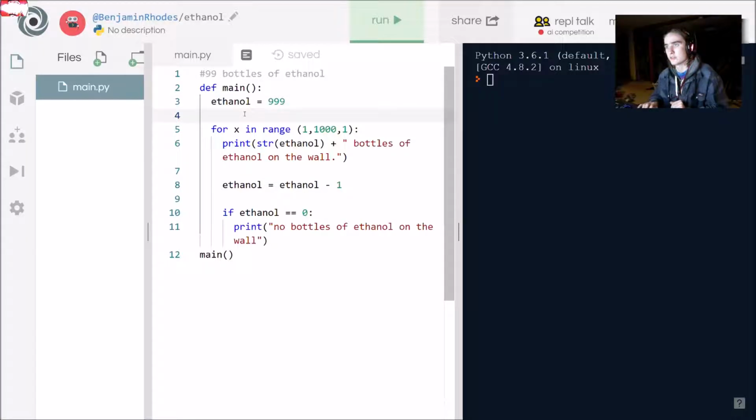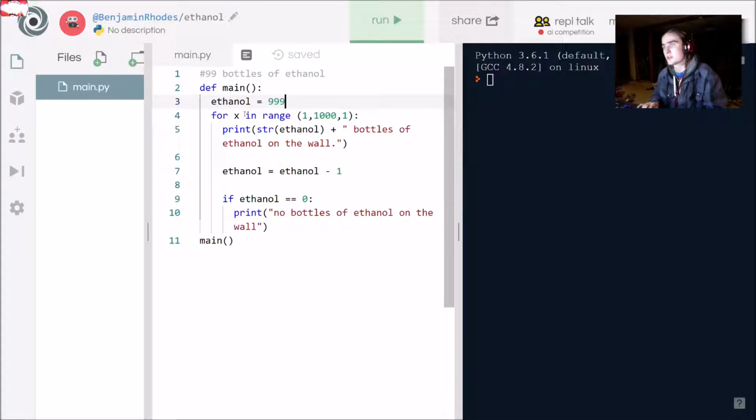Next, we've got another space. That's just for organizational reasons. Again, I like that. It's not really necessary, so we can go ahead and get rid of that. And next we have for x in range. What that is, so imagine